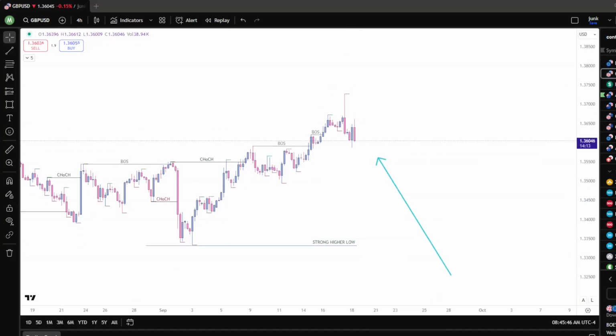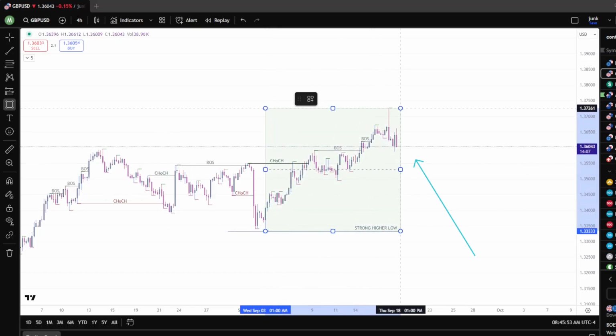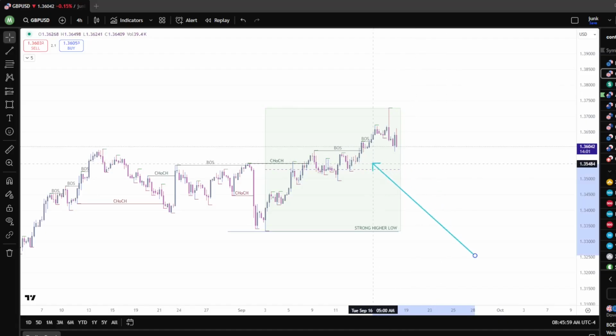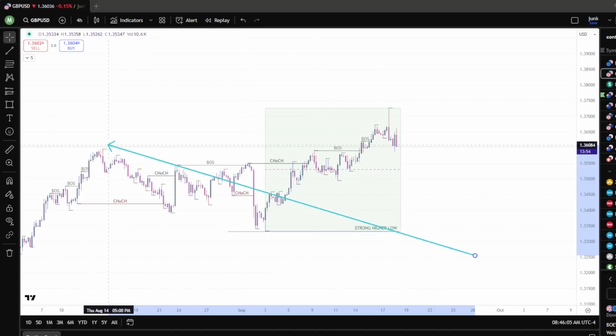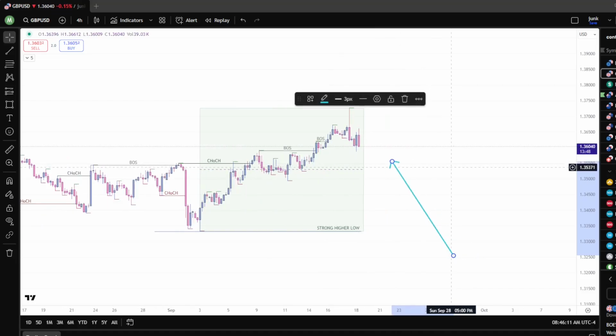GBP USD, let's go ahead and map out the current range. And of course, it's a similar chart. As the dollar continues to get weaker, buyers continue to push these pairs higher, with this being the strong higher low from the previous lows, pushing out of these highs, making higher highs, higher lows, higher highs, higher lows, only looking for any type of buying opportunities, coming back down into this area